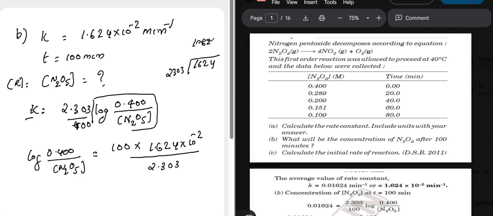1.624 divided by 2.303 is 0.7051 we will get. That is for this one, log 0.400 by N2O5. Now the task is we have to remove this logarithm. So if I remove the logarithm here, on the opposite side you have to find the anti-log value, anti-log of